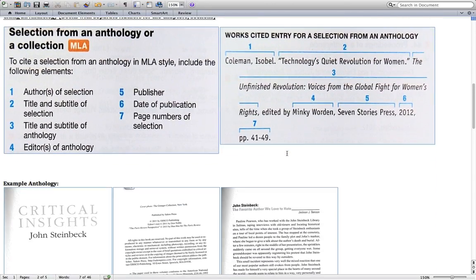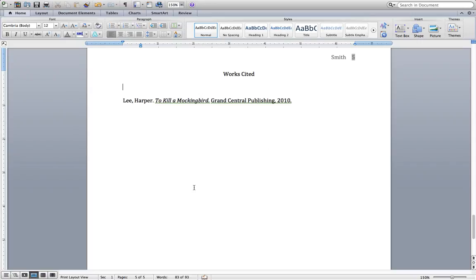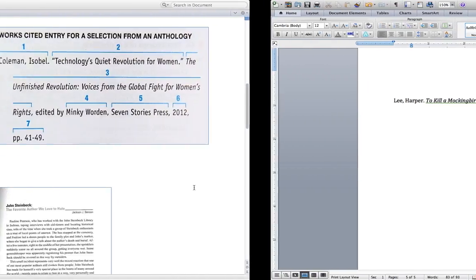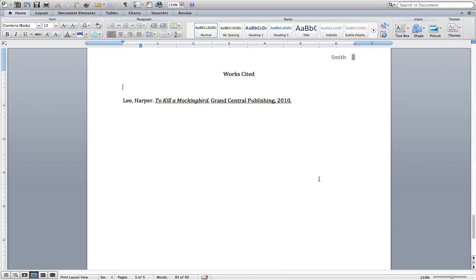So over on our Works Cited page, since our author's name is Benson, it will go above this citation just in the interest of keeping things in alphabetical order. And we need the author of the selection, which means who wrote the chapter or the section that we're going to be citing. In our case, it is Jackson J. Benson. So we're going to put it in this format: last name, comma, first name, period. And we have a middle initial that we'll need to include as well. So we've got Benson, comma, Jackson, J, period.